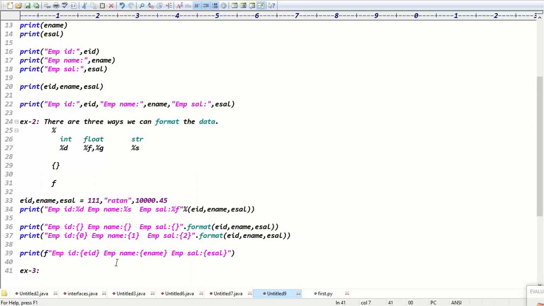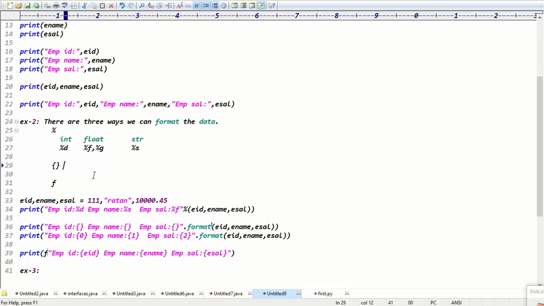Yes, in present applications we have to use F. With braces, we again have to use the dot format function to substitute the data. With F formatting, you don't need the dot format function; you directly use the variables, like EID, name and salary. Guys, in present applications we are using the third approach, which is F formatting.